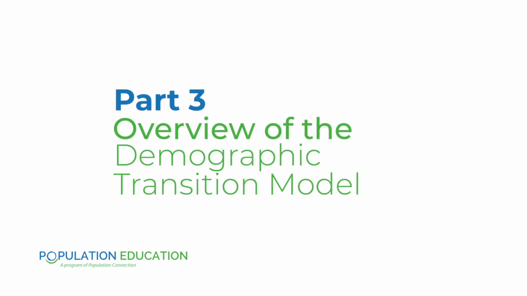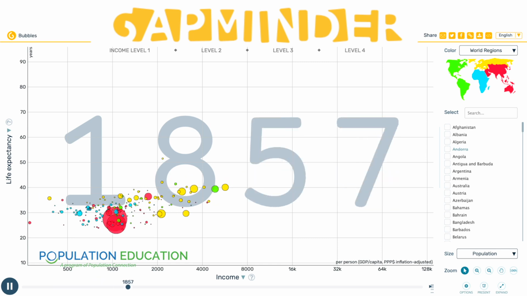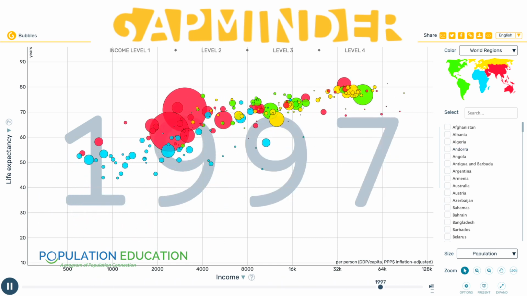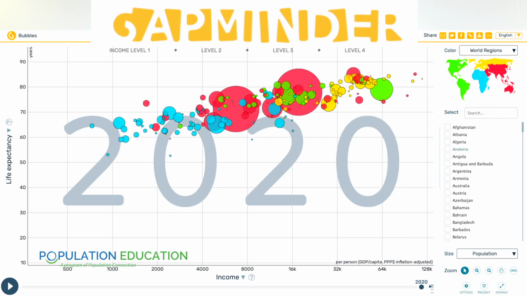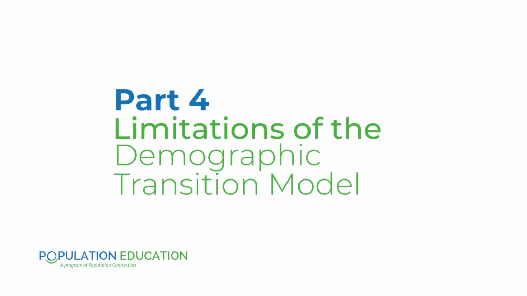In part 3, students review the demographic transition model using an interactive website, Gapminder. This is an awesome free website that creates dynamic, interactive visuals for different data sets. We have students explore the visuals to prepare for going more in-depth on the DTM in part 4. Now, if your students are already knowledgeable about the DTM, you may choose to just skip part 3. In part 4, students examine the limits of the demographic transition model using a specific country as a case study.